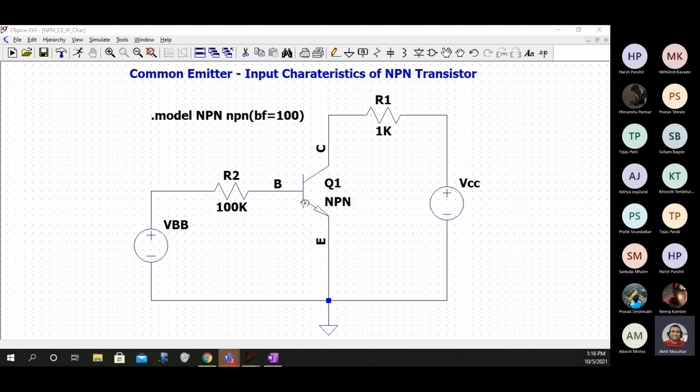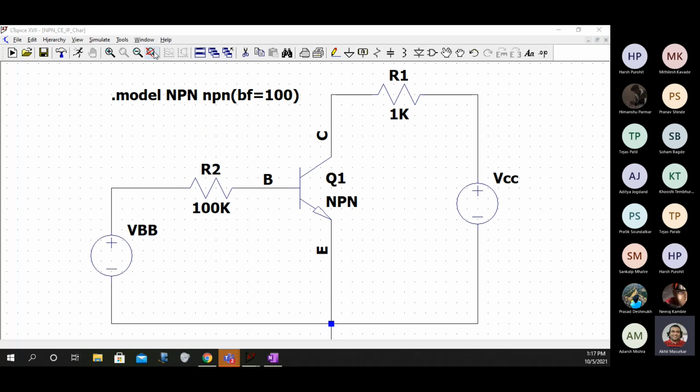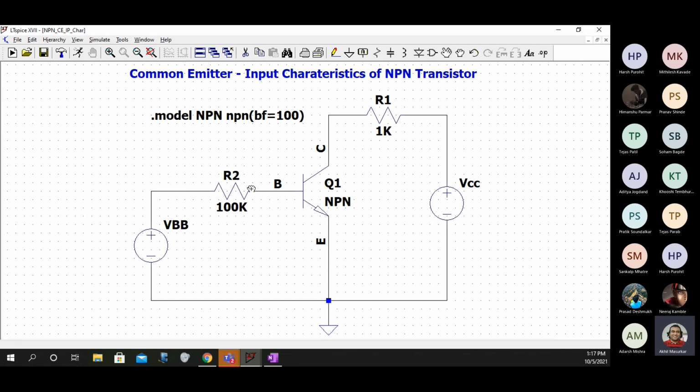Okay, so once you are at this circuit, you are now ready to step VBB and VCC. Step VBB and VCC means you are now ready to vary the values of VBB and VCC. You will not get any basic error if you run the circuit from this point. So we have made the sources variable and we have defined the beta value for the NPN transistor.